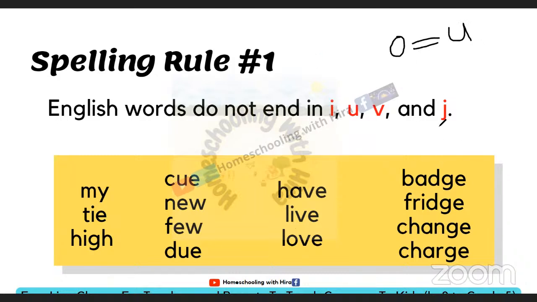Now we have English words don't end in J. So if you hear a J sound at the end of an English word, we cannot write letter J. How can we write the J sound? With DGE: badge, fridge; or with GE: change, charge. Okay. Now when to write DGE and when to write GE, for this we have rules and we are going to watch it